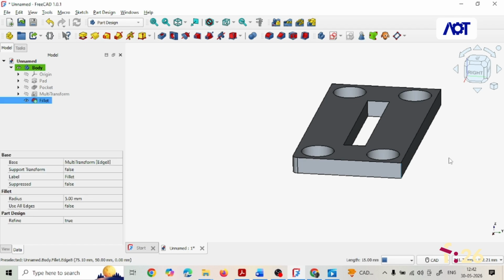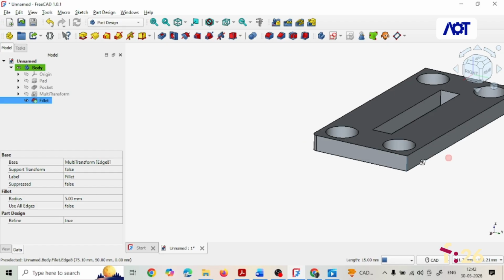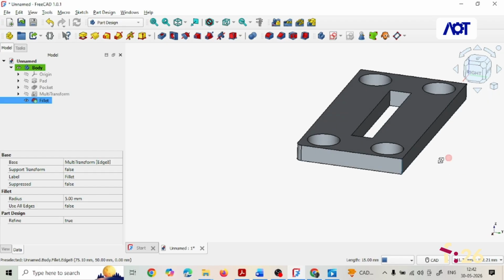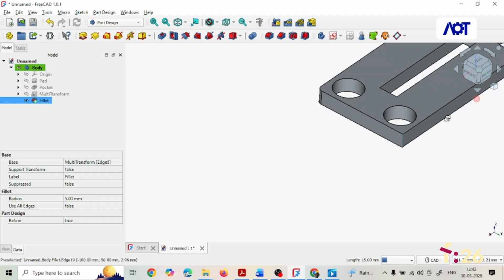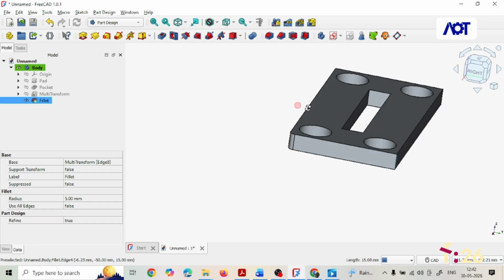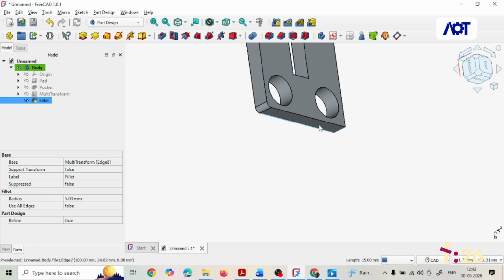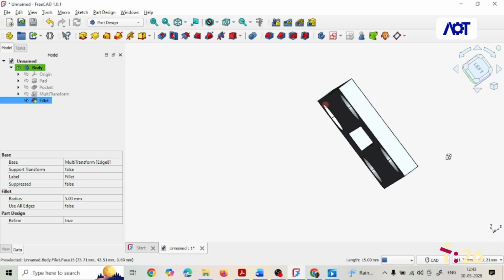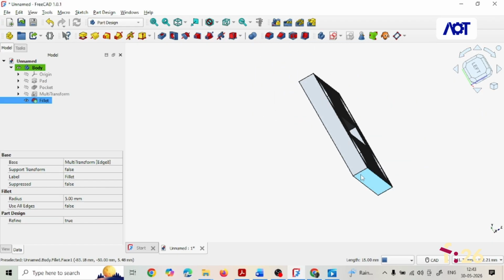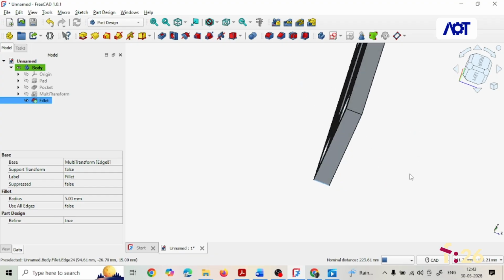And with control, I'm selecting the other corners as well. Considering the radius as 5 again,